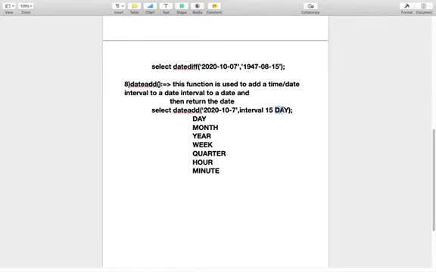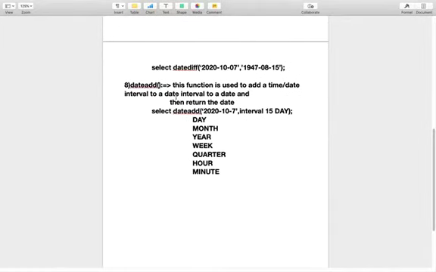It means we want to add days. If we want to add months, we use the keyword month. If we want to add years, then instead of day we write year, week, quarter, hour and minute. In this way we can add intervals to a date.